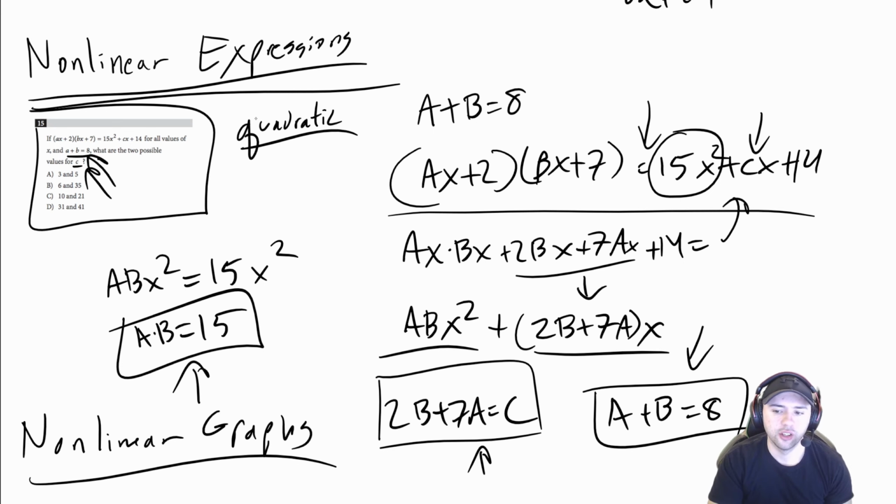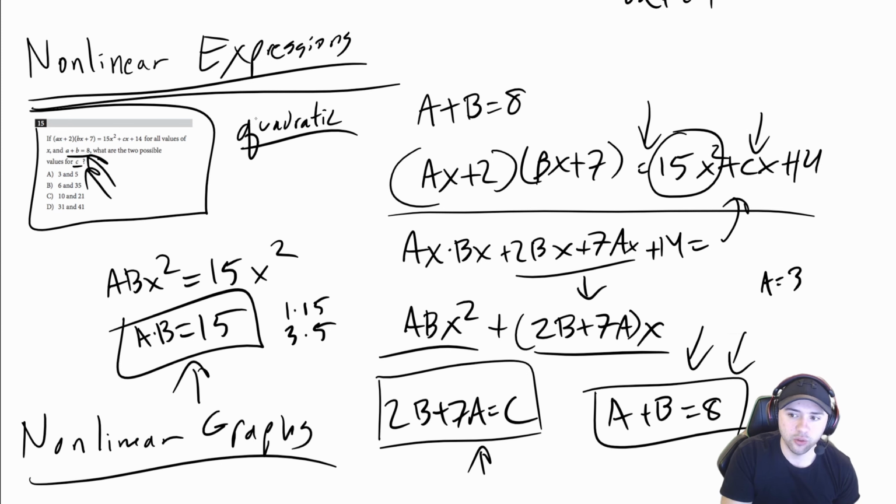But we also have these two equations that a times b equals 15 and a plus b equals 8. So you could go ahead and solve that by doing algebra, but if you think about it for a second, what we're really looking for is numbers that when multiplied equal 15, but when added equal 8. So for example, we could try 1 times 15, but those don't add to 8, so those aren't our numbers. The next one that you could think of would be 3 times 5, and actually, that would add to 8. So we could say a is 3 and b is equal to 5. And if that's the case, then c would be equal to 2 times 5, because that's the one we said was b, plus 7 times 3,